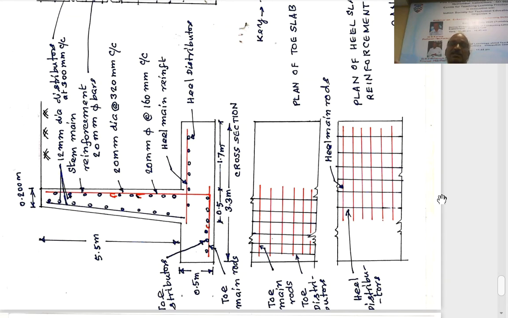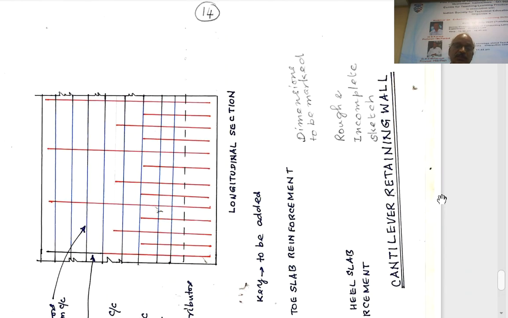In the longitudinal direction we have considered 1 meter. It is a continuous wall and a continuous base slab, so there you have to take the bar end to end. But on the right hand side, you have to give cover. Similarly, in the toe slab on the left hand side, you have to give cover. This is how you have to draw the plan. These details are given in any book, and this is the cross section, which we have already seen.